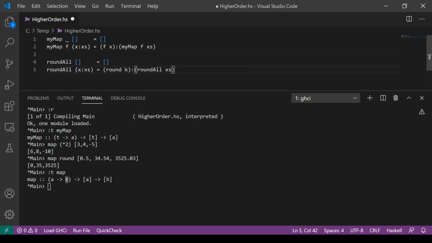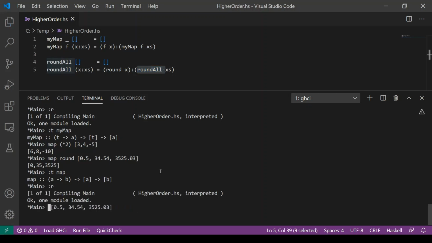For example, here is how you would define a function that rounds all the floating point values in a list without using map. You would have a case for the empty list that leads to an empty list, and otherwise you round the first element of the list and then recursively call round all on the tail of the list. This function works fine